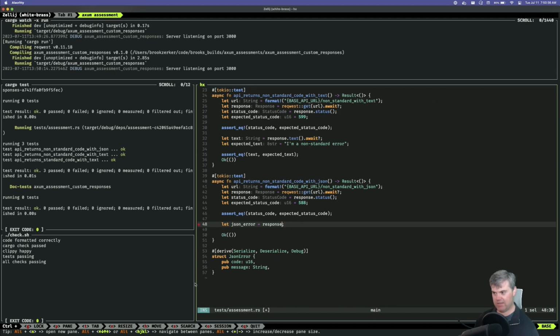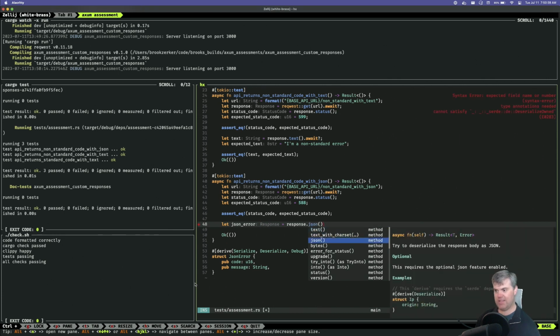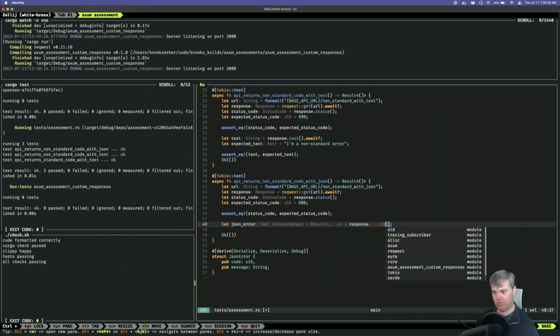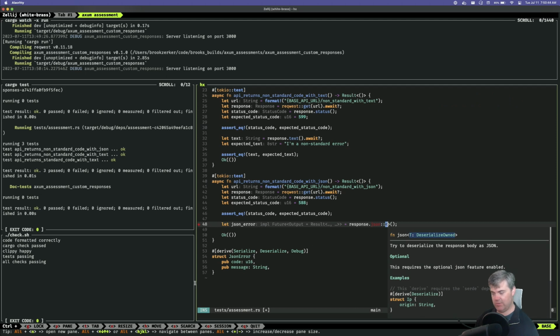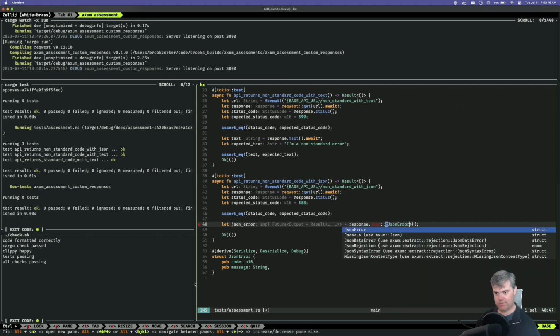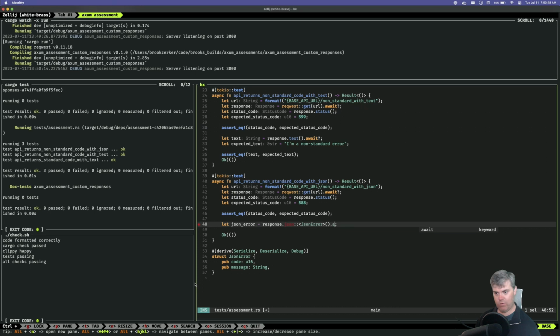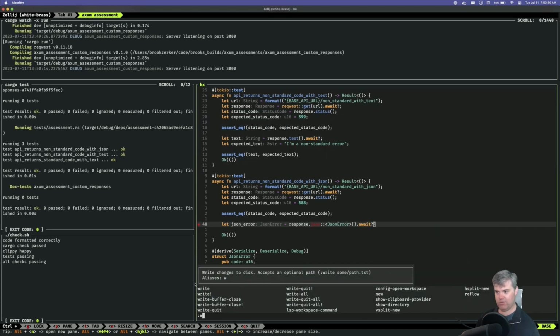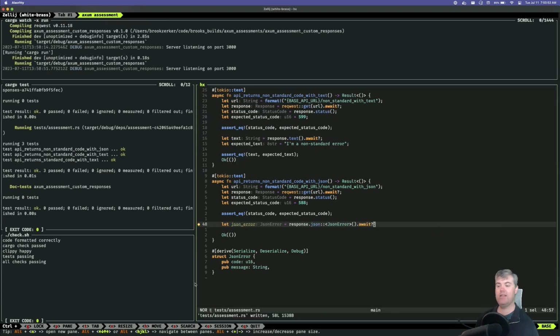Okay, let's try this again. So if I do dot, there we go. Now we can do dot JSON. I have to tell it what type it's going to be. So this is going to be a JSON error. We await, and then question mark. There we go. Okay, so now I want to